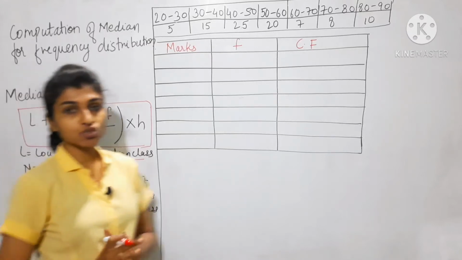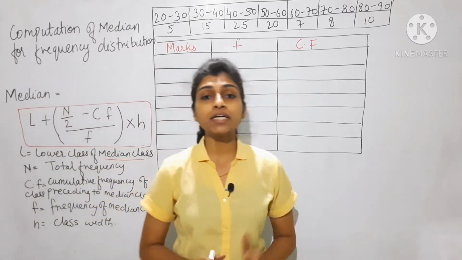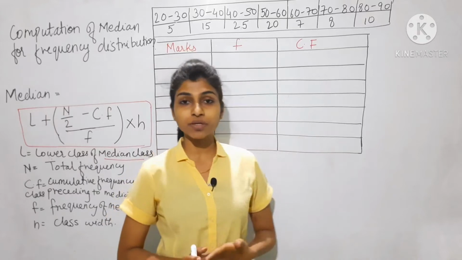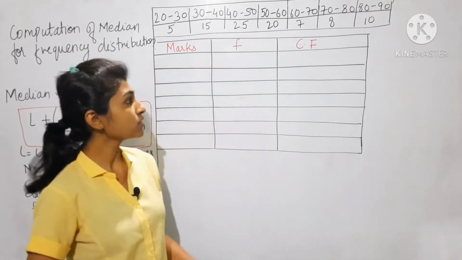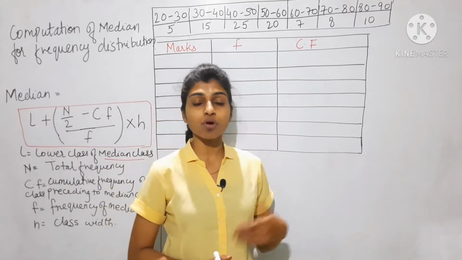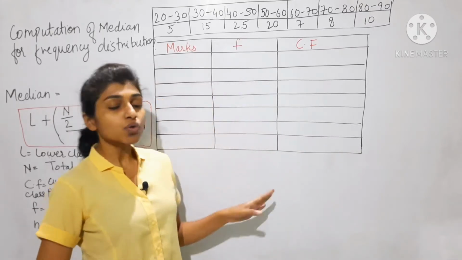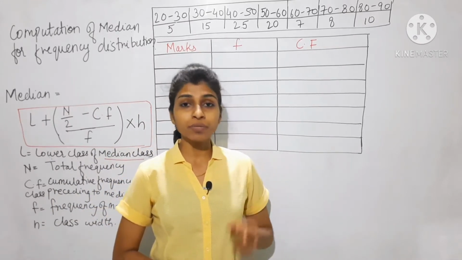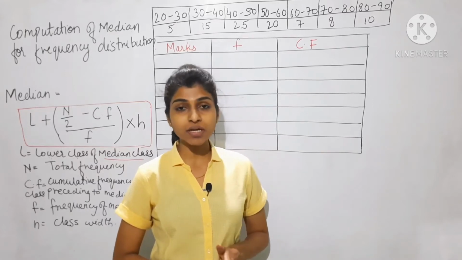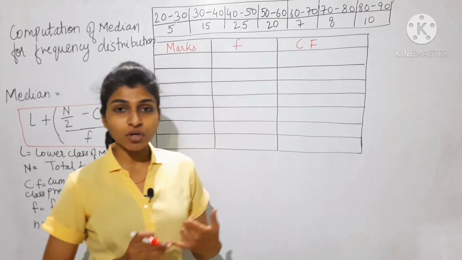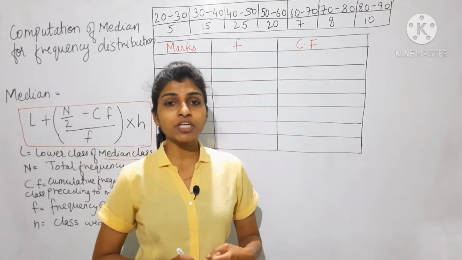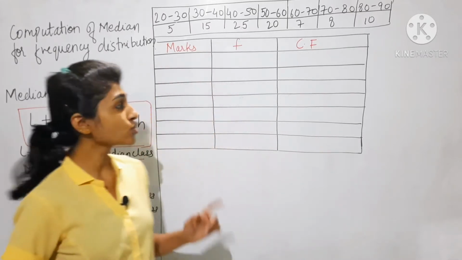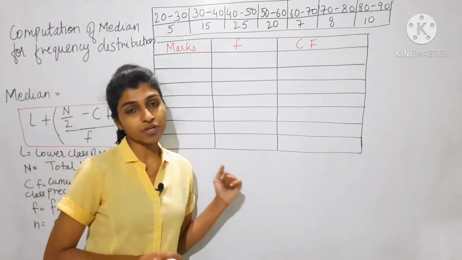Now in the frequency distribution, first of all you need to find the median class. In the frequency distribution, we'll see how to calculate the median class. So just remember, whenever there is a question in the exam, or in an example also, if you want to calculate median for frequency distribution, the first thing you need to calculate is the median class. Once you find the median class, according to the median class you will get the lower limit, the frequency of the median class and the cumulative frequency. So just remember, the median class is important to find the median for frequency distribution.